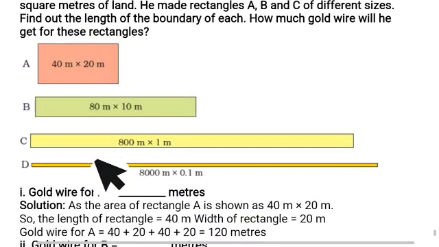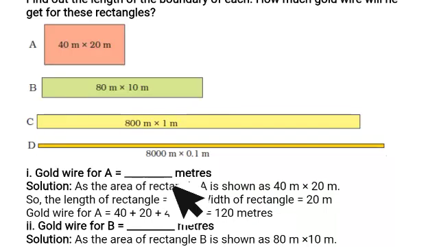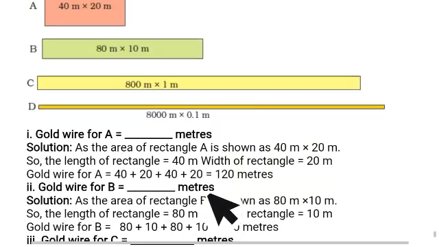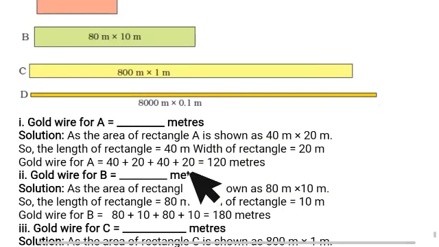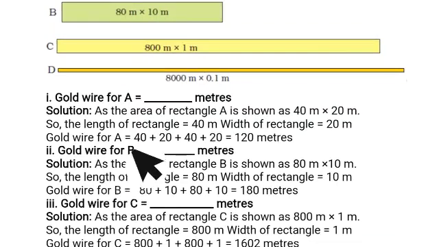How much gold wire is needed for this rectangle? So first we have to see the gold wire for A. To find the area, length is 40 and width is 20. So area means length into breadth. So where is the wire? It's in the boundary. So for the boundary, we have to add 2 times 40 and 2 times 20,